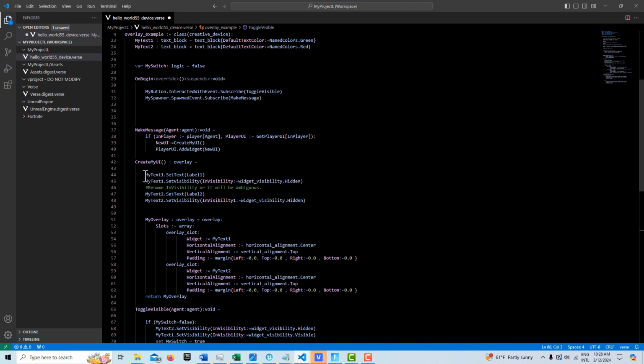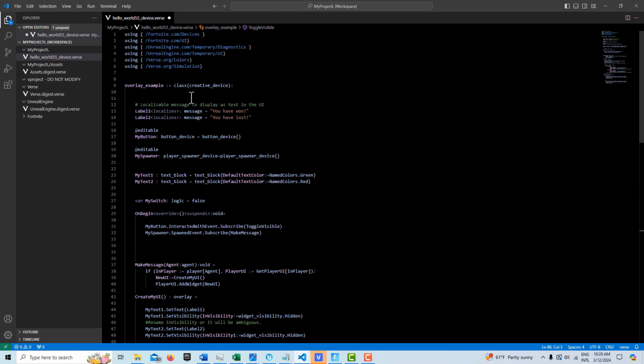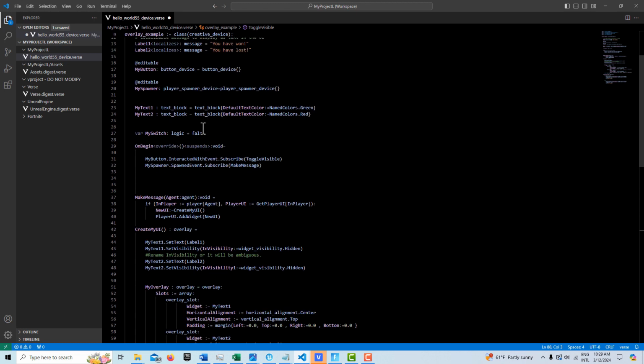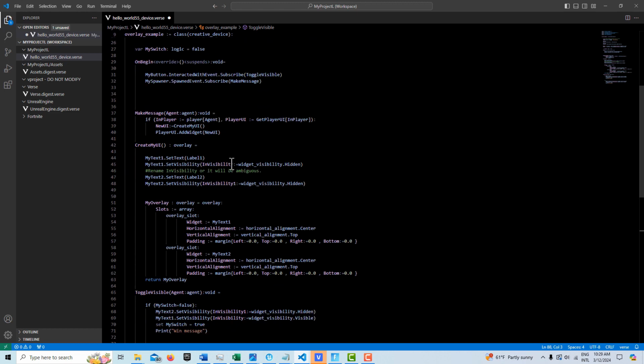So what I do is I reference my text block 1. I set the text to the label 1, which is up here. And a text block requires a message type. So we set that all up. And then here I go my text, set visibility, and I set it to, now I just said invisibility here